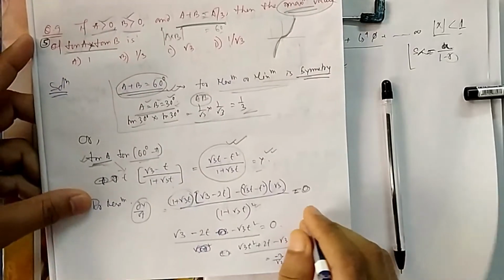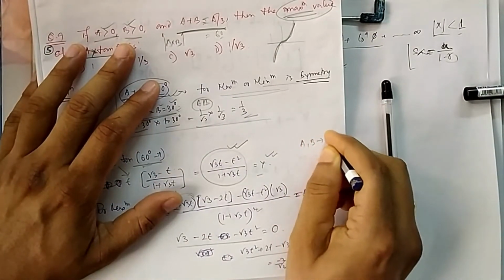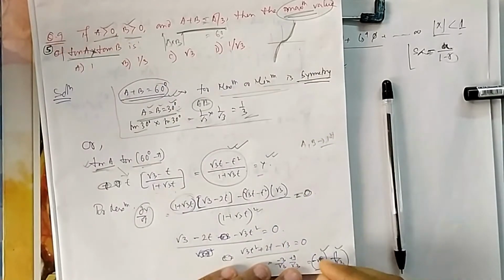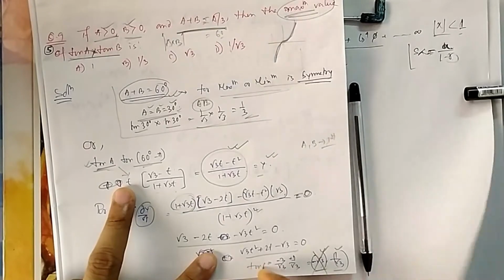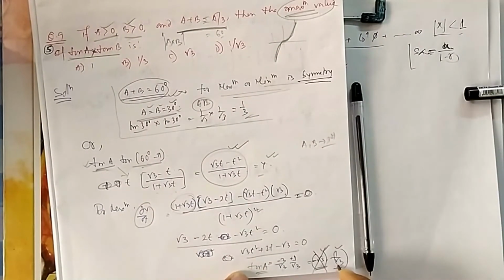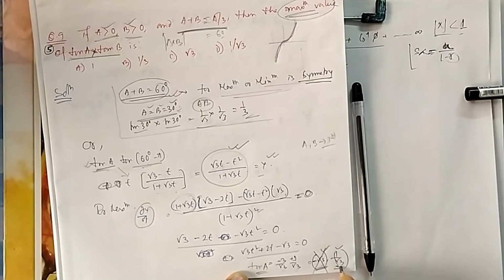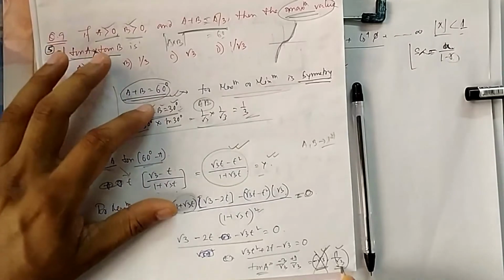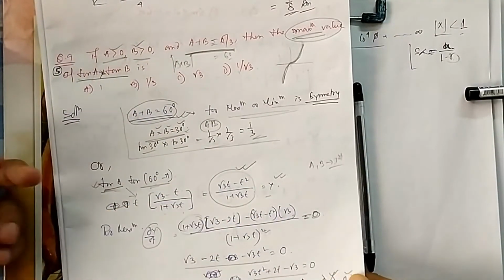Now obviously you can see your A, B both are in first quadrant. So you cannot take negative value. Because t, what is t? T was tan A. So tan A cannot be negative. So tan A can be positive, that is 1 by root 3. What is the angle for 1 by root 3? That is 30 degrees. So if A is equal to 30, that means B is also 30, because A plus B is 60. So both will be 1 by root 3 into 1 by root 3. So answer will be 1 by 3.